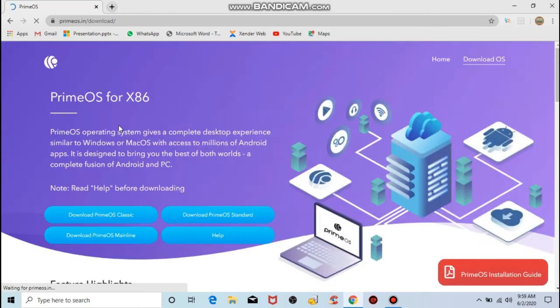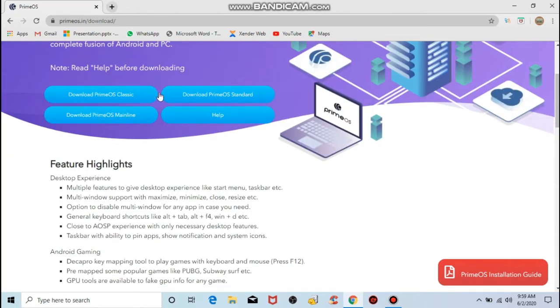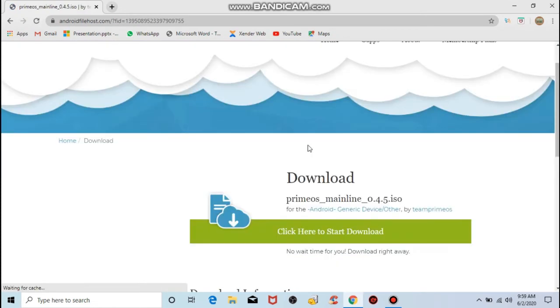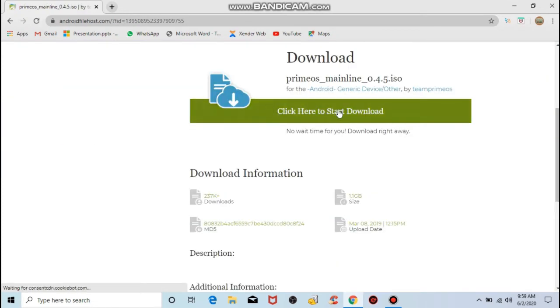Download Prime OS. You have 3 options, whichever you can download. I think I am suitable with Prime OS mainline because it's the beta version. Mainline. I will download the ISO image because it's very easy to boot your device through ISO image. It's just about 1.1 GB.